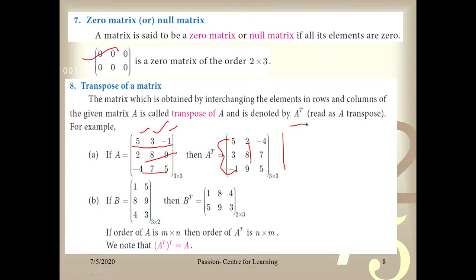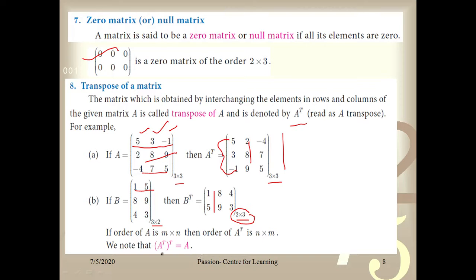Okay, A transpose, not A power T. It is represented as A transpose. And if it is an equal matrix, your rows and columns will be 3 cross 3. Here you see 3 rows and 2 columns. When you write this row as column, what happens? It gets interchanged. Yes, 2 rows and 3 columns, because your rows become columns and columns become rows. So in such case, your order of the matrix is different. This is very important while solving the transpose problems.